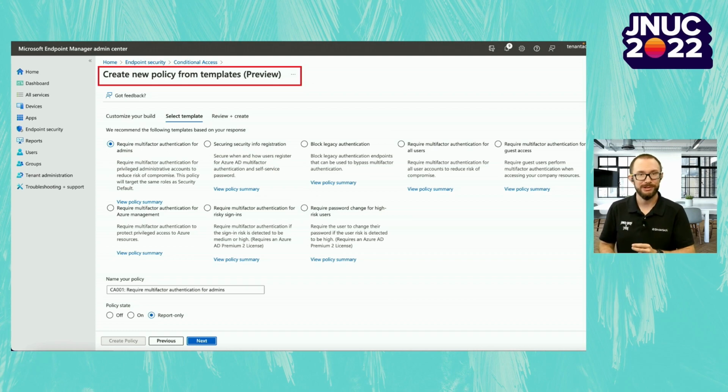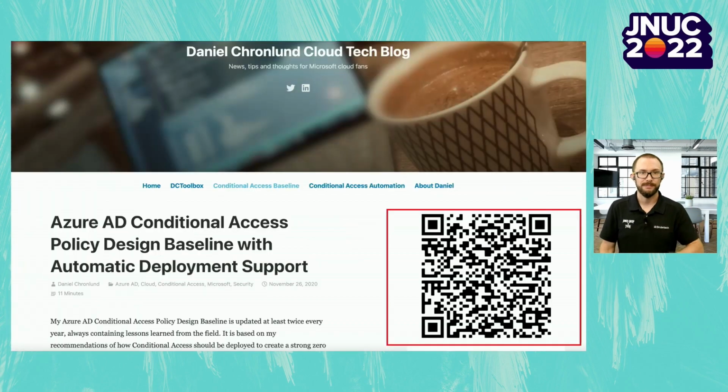Also note that some of these policies require a higher Microsoft 365 license than some of the others. And the ones that I'm referring to now are the ones that require Azure AD Premium P2 licenses. Many of you probably have an Azure AD P1 license, and feel free to throw questions in the chat if you would like me to answer if you have that or not. But the P2 is usually a higher SKU, so some of these might not work. But talk to your license partner and they will gladly help you. So that was the first one.